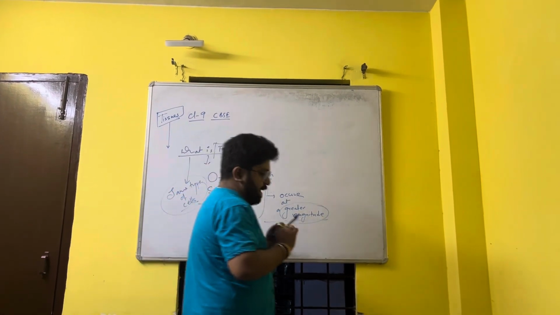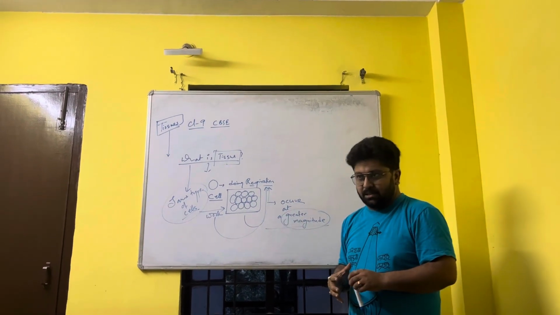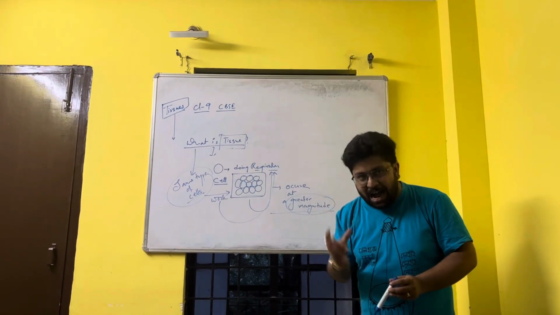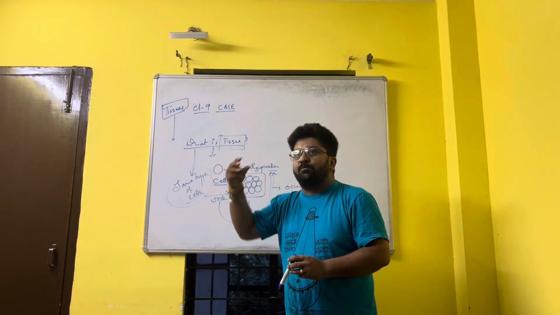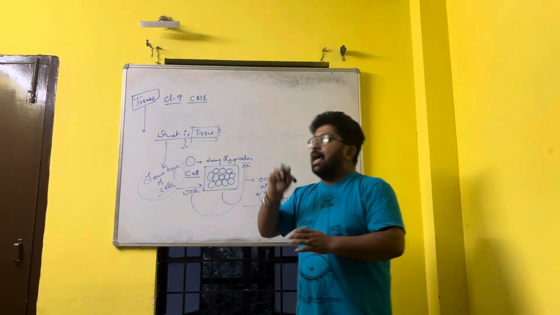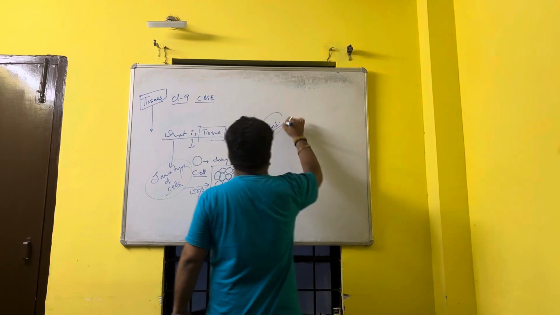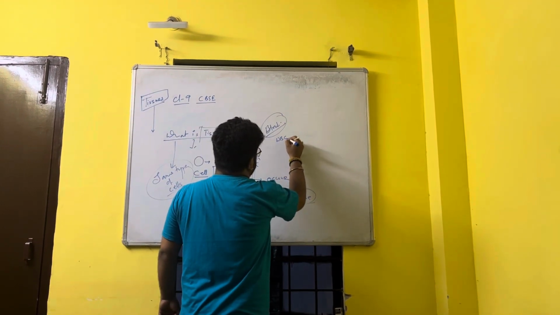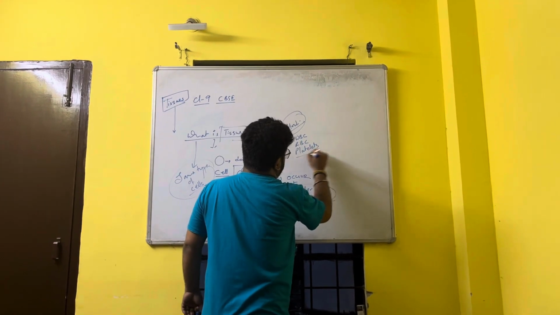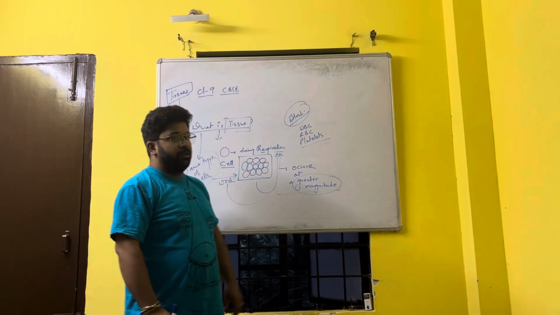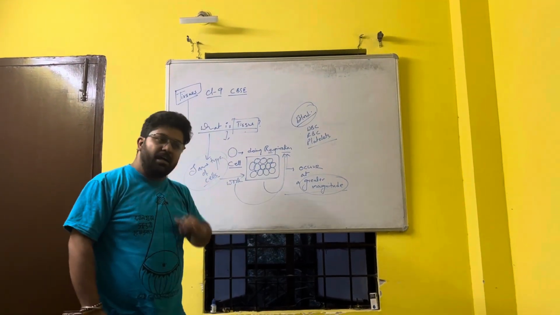But although the definition of tissue comes out to be like this, still there are tissues in our body where we find that there are different types of cells which form a single tissue. And the greatest example of that is blood. Blood is a single connective tissue where you find WBC, RBC, platelets, 3 different types of cells. They stay together and function as blood. Still blood is a tissue.